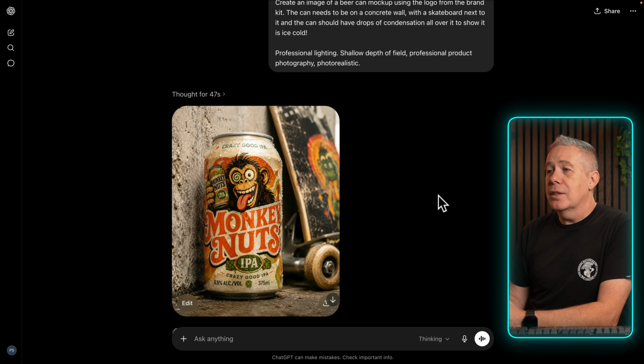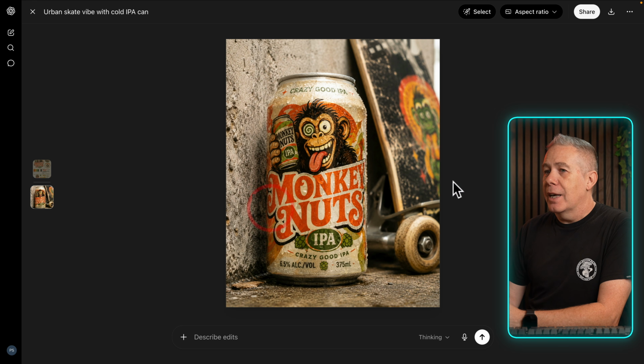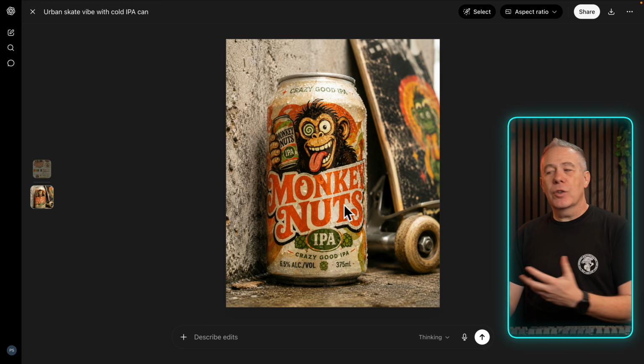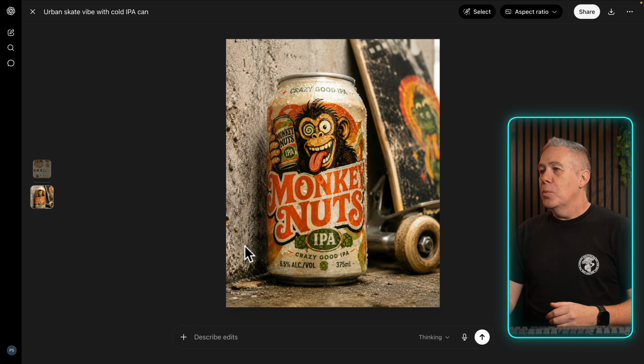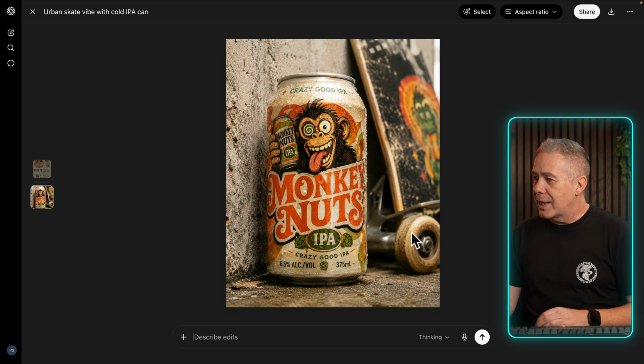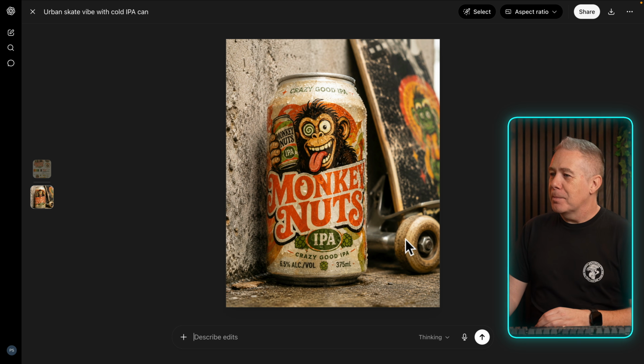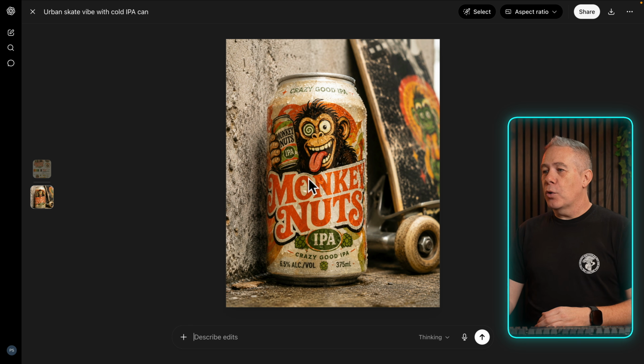But before we do, let's take a look at the result. And that looks pretty good. Did exactly what I said I wanted it to do. I didn't tell it any aspect ratio, so we haven't got that kind of control here, but we could go in and describe the edits that we want. But that looks pretty damn good. It's kept the logo, kept the branding, kept everything we want there. It's done exactly what we want. I said a skateboard in the background, although the skateboard does look a little bit mangled, maybe. But you've got the product shot and everything there,